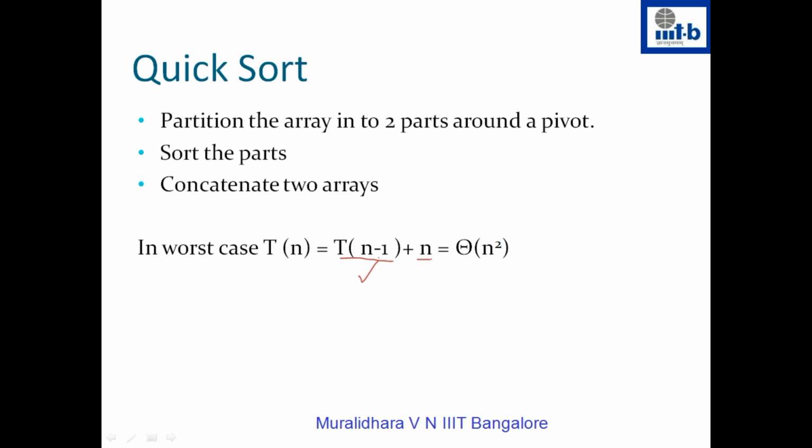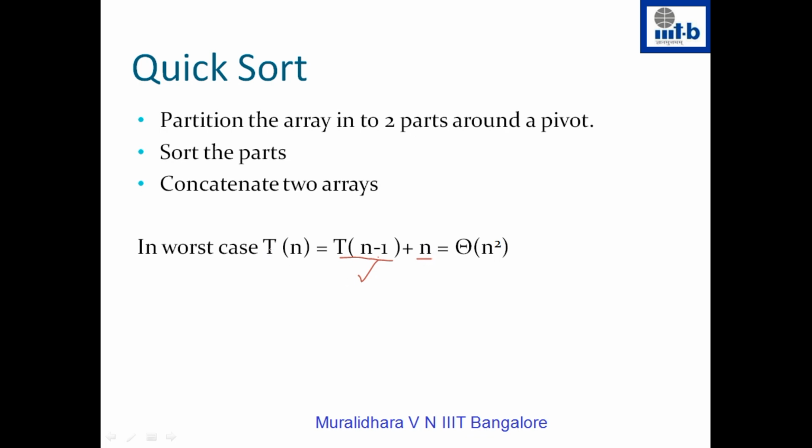So why do we do a linear number of comparisons in the partition function? Just remember that at any point of time, I have two pointers. One is going from left to right, and the other one is going from right to left. Every time I do a comparison, either the left pointer goes to the right or the right pointer goes to the left, and when these two pointers cross over, the algorithm stops. So the complexity of the partition function is order n.